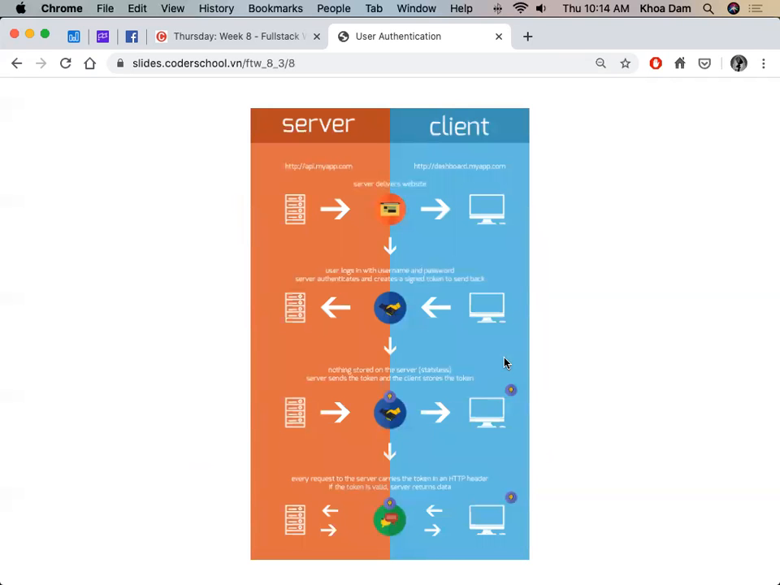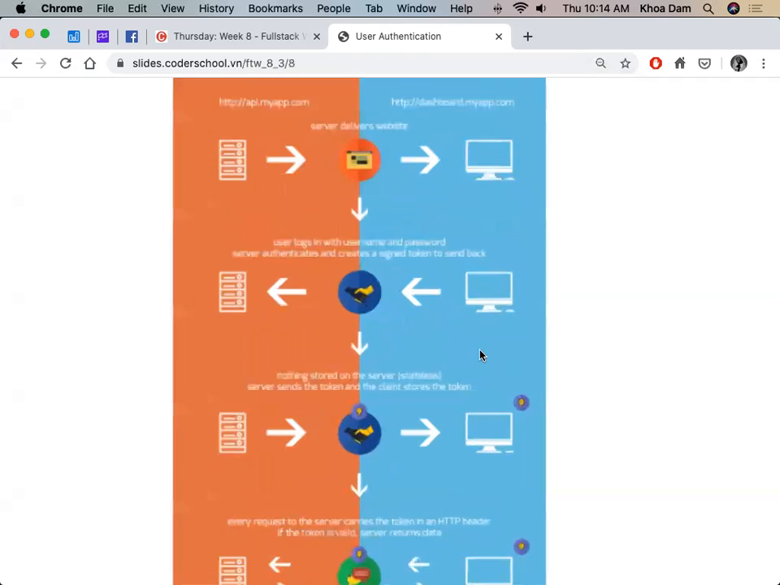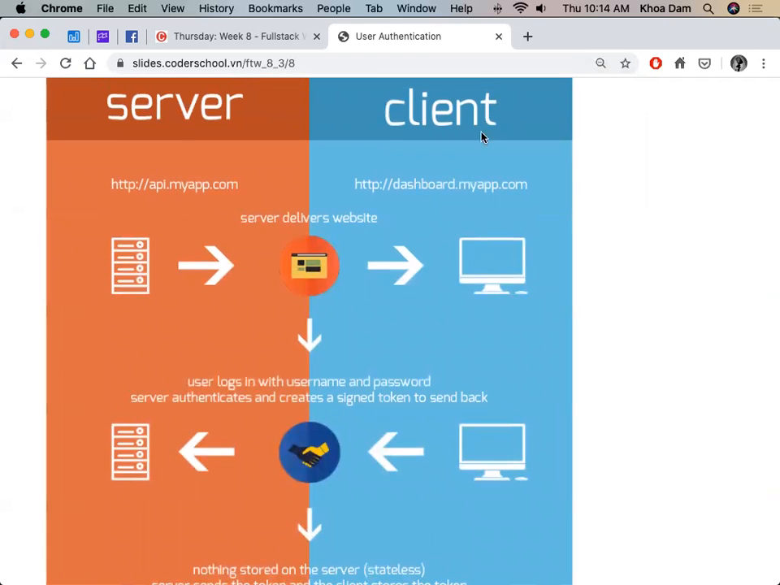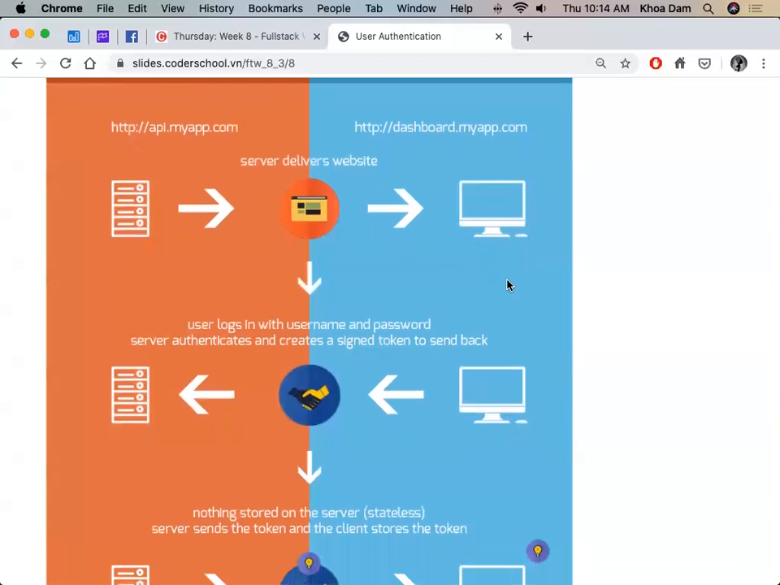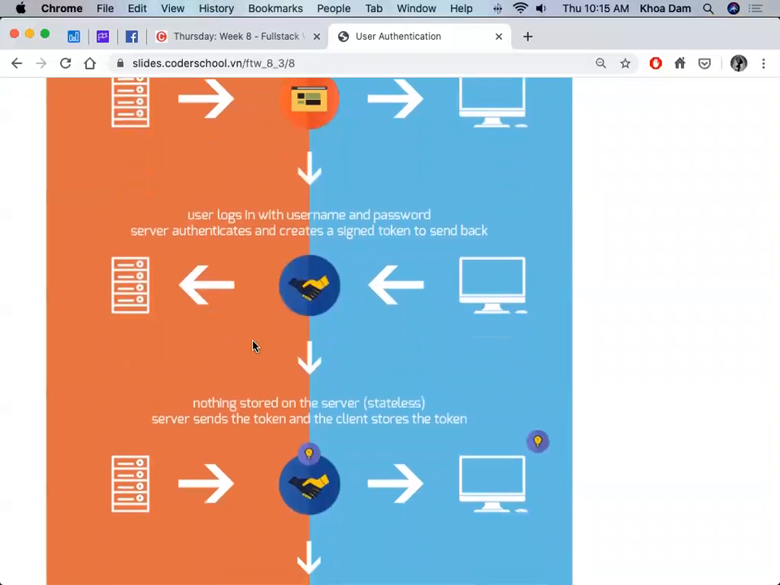Another example, another illustration here. Client goes to our website, and it is served by the server. Client goes to our website, and then the client wants to log in with username and password. Here we go, to the server, and then the server will validate the username and password. It will return a token,